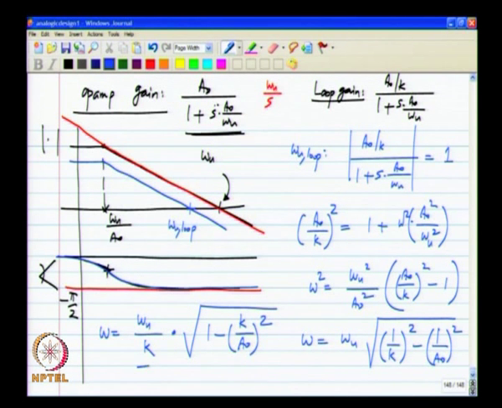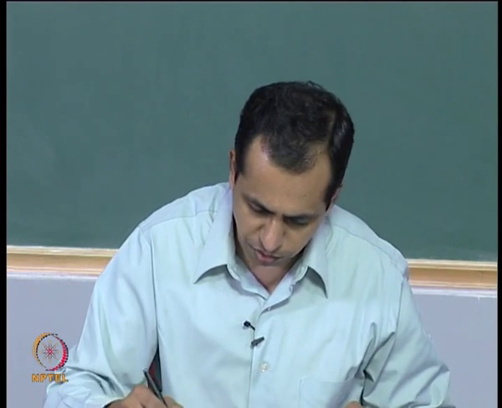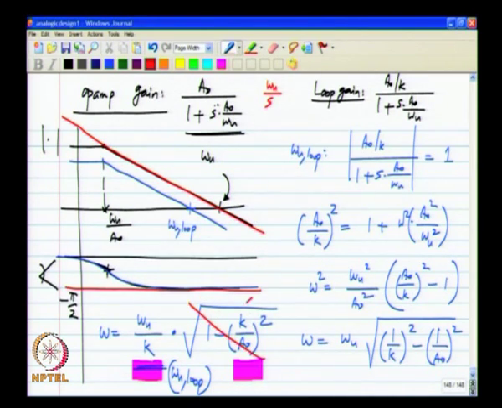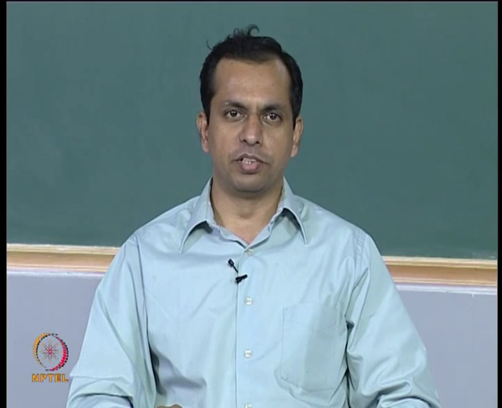I wrote it in this form because omega u by k is the unity loop gain frequency if we did not have a finite output resistance, if we did not have a finite DC gain, if we had an infinite DC gain. Now, we see that it is that frequency times square root of 1 minus (k by A naught) square, and remember this k by A naught is a very small number, that is the relative error in the DC gain, and by design we would make it very small. So, it is safe to neglect that one, because by design we would make k by A naught very small. So, the unity loop gain frequency even when you have a finite DC gain is approximately omega u by k, and that part has not changed.